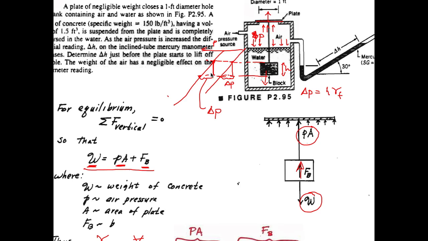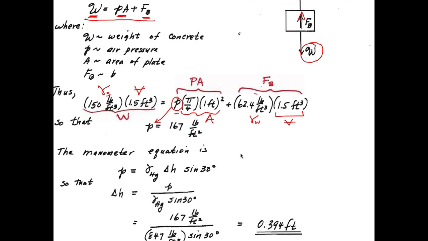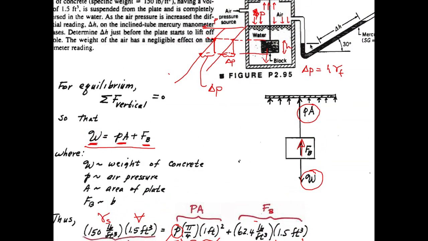This pressure differential top and bottom really is the reason for buoyancy, the buoyant force. And if you know what the pressure is, then you can calculate the pressure change just from this manometer, because you know that the pressure of the air here has to also equal the pressure of the air here. And so you can write P air